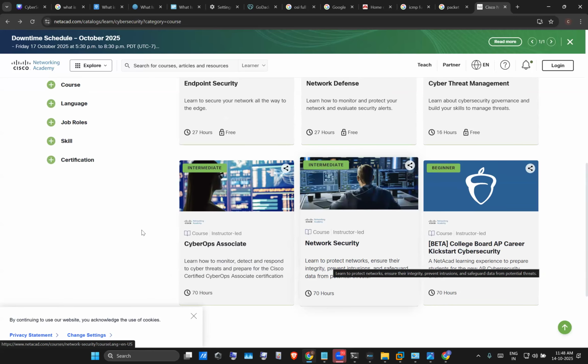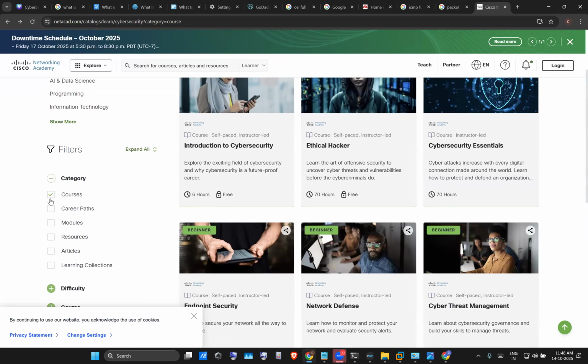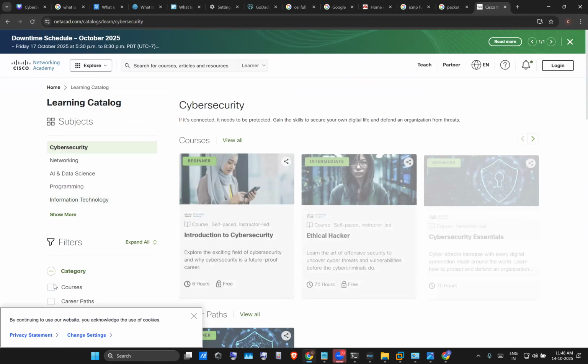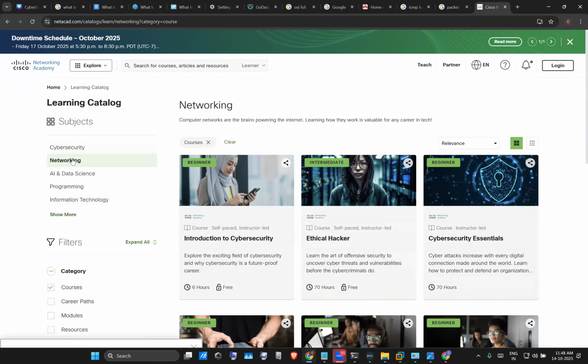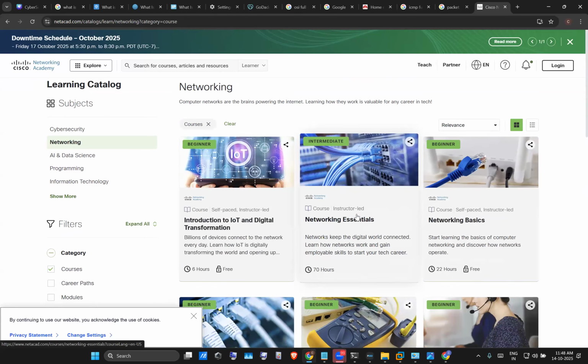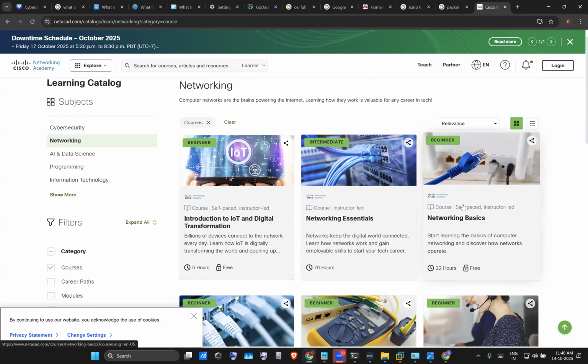Okay, to learn Cisco Packet Tracer, what you have to do is click on the networking part instead of cybersecurity. I have selected cybersecurity. Click on networking. Here you have to do this course if you want to learn Cisco Packet Tracer. Network Support and Security,